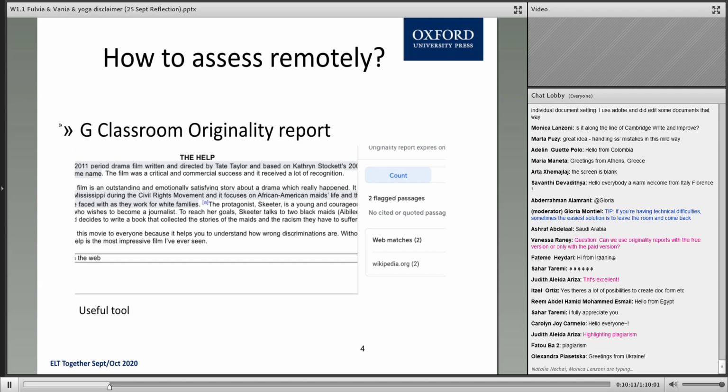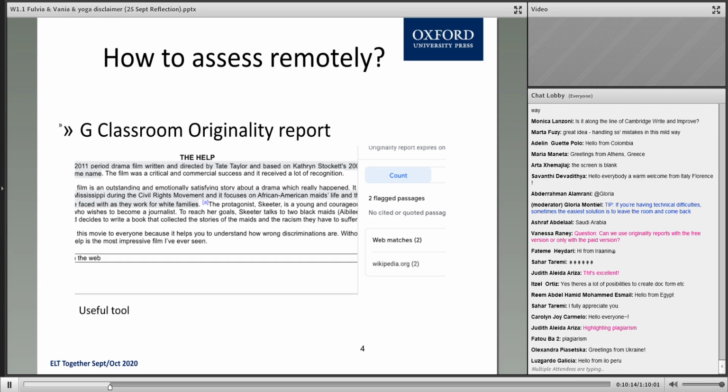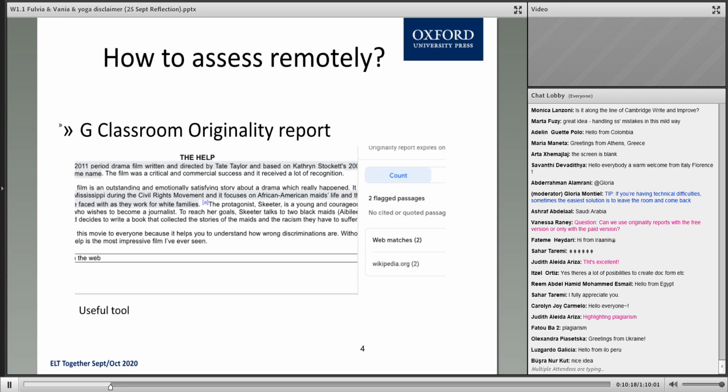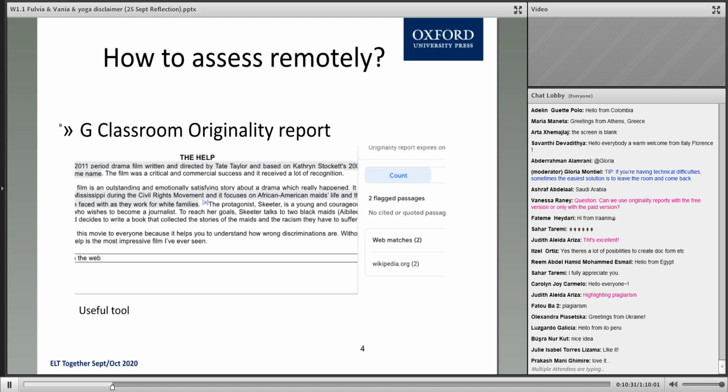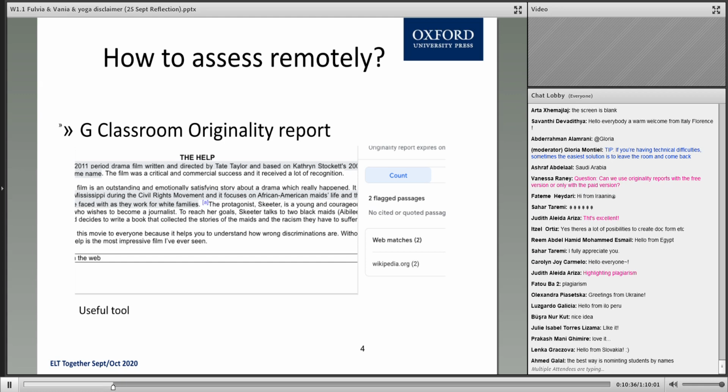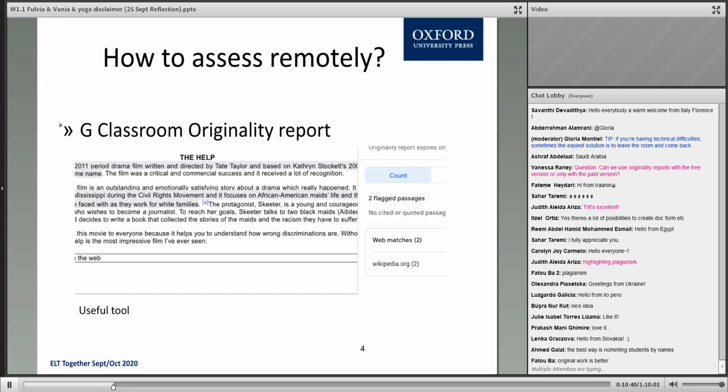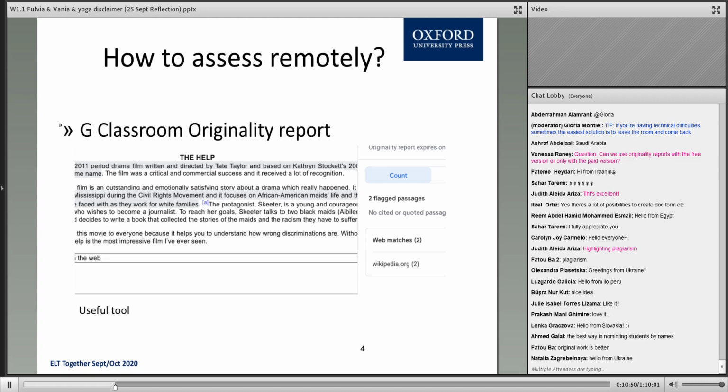In this way, I use this to show that plagiarism is not okay, but it's so easy for students who are having a task that maybe is valid for the final examination, and you are not with them. They could be using this to cheat. Of course, there must be, bottom line, a gentleman's agreement. You have to trust your students that they will do the task by themselves, especially if they are having the task remotely, and you will show them that even if you are not there, you can help them.